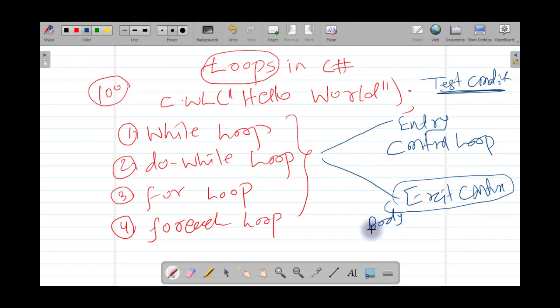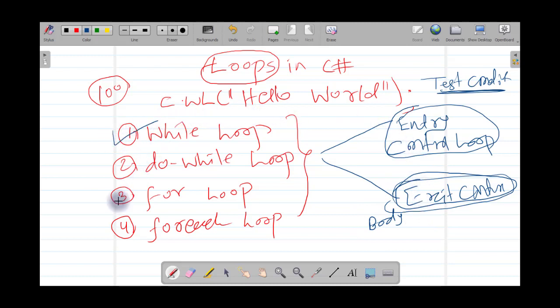The body is executed first. After that, the compiler will check the condition. If the condition is true, then again it will execute the body of the loop. In an entry control loop, first the compiler checks the condition and then executes the body. In an exit control loop, first it executes the body of the loop and then tests the condition.